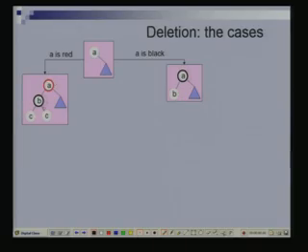Okay, so this is one possibility. If A is red, then this child is black and we do not know what the colors of its 2 children are. The other is that if A is black, then B could be red or black. So depending upon what the color of B is, we will again have different cases. So here depending upon what the color of C is, we will have different cases. So